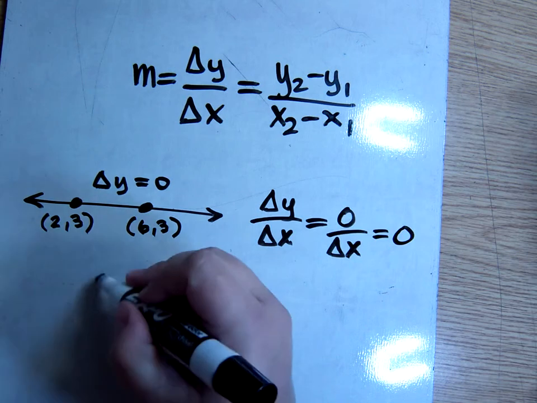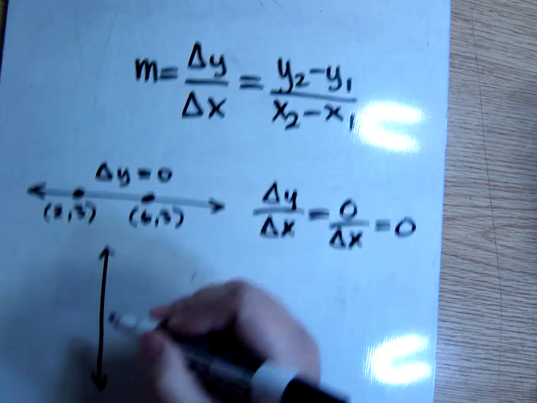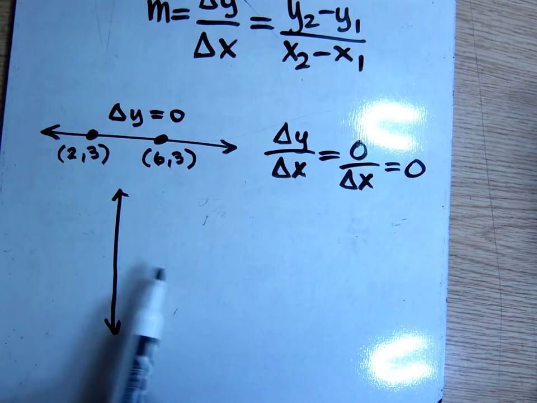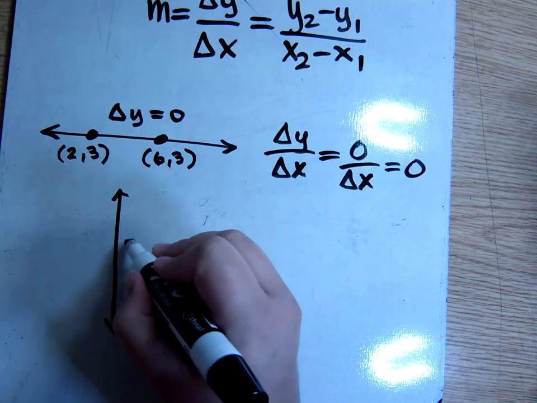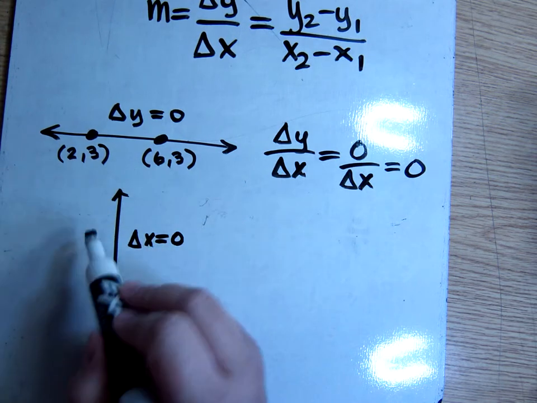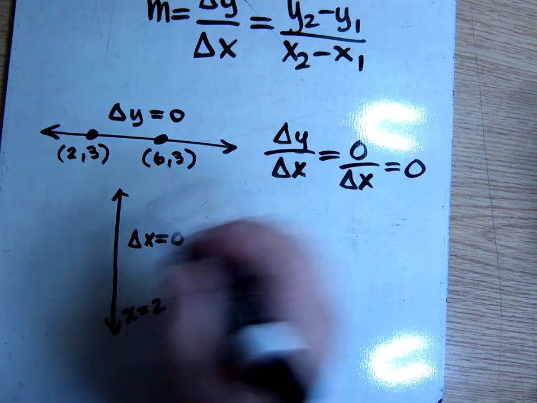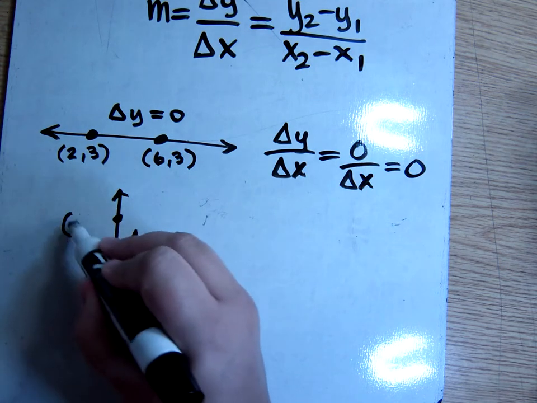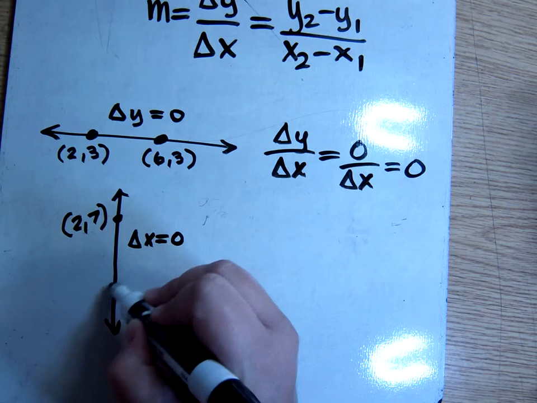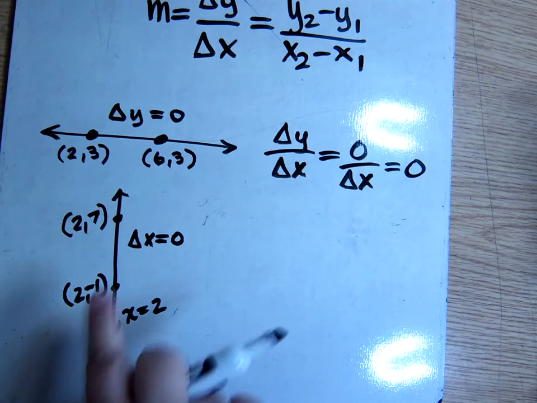On a vertical line, it's going up and down. So it's not moving to the left and right at all. So that means there's going to be no change in the x values. This is why vertical lines have equation x equals some number. Like this could be the line x equals 2, which would mean it would have points on it like (2, 7) and (2, -1). There's a difference between the y values, but there is no difference between the x values